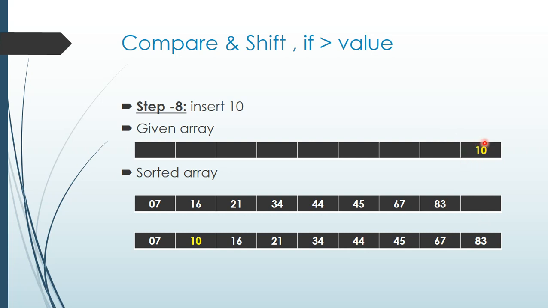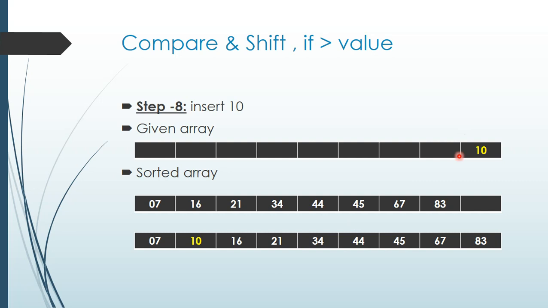So we have to consider number 10 now. What I have to do is check with all the elements in the sub array. இதில் இருக்க எல்லா எலிமெண்ட்ஸையும் நான் செக் பண்ணணும். 10 நான் எங்கே பிளேஸ் பண்ண முடியும் அப்படின்னு. ஸோ இதில் இருக்க எல்லா எலிமெண்ட்ஸும் greater than 10 கம்பேர் பண்ணும்போது, in between 7 and 16 I have to place the 10. So I have shifted all the elements from 16 to 83 to the right side and I have placed the 10 in the correct position. Okay, so இப்போ இந்த 10ஐயும் நான் place பண்ணிட்டேன்.